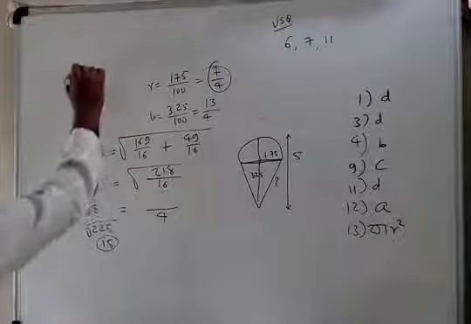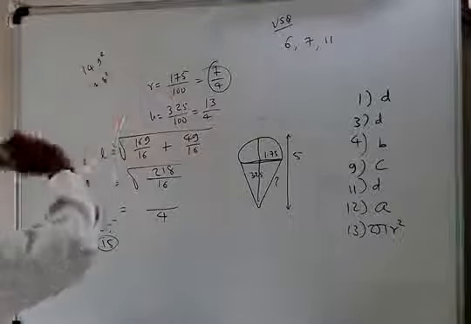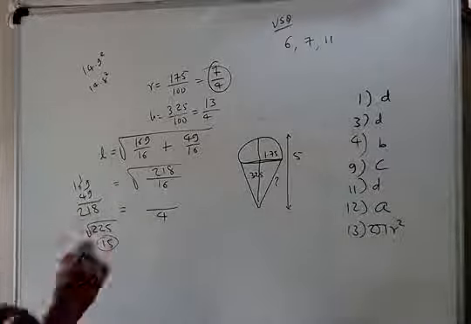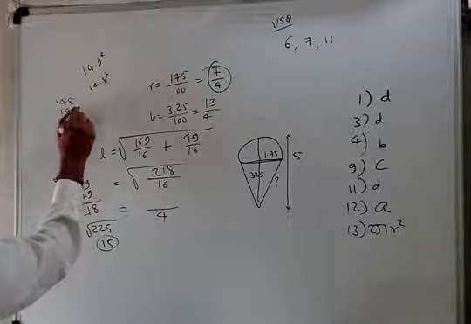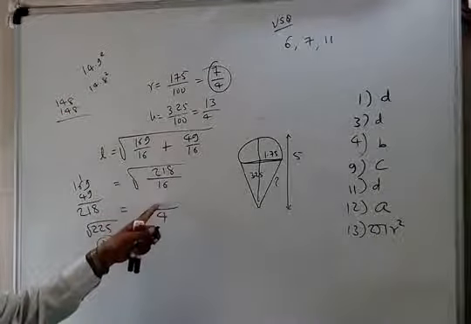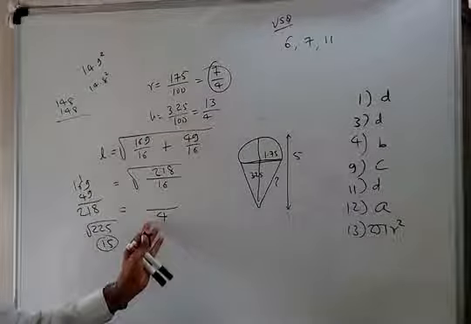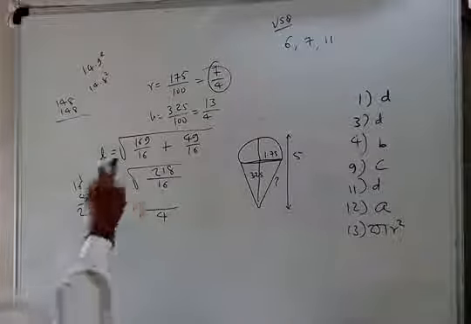You try 14.9 square, 14.8 square, likewise, and go nearest to that one. Suppose I directly try 14.8. Look at how much it is, because it is not a perfect square. Sometimes they give us the root of this number directly, but now it is not given, so we have to find it this way.